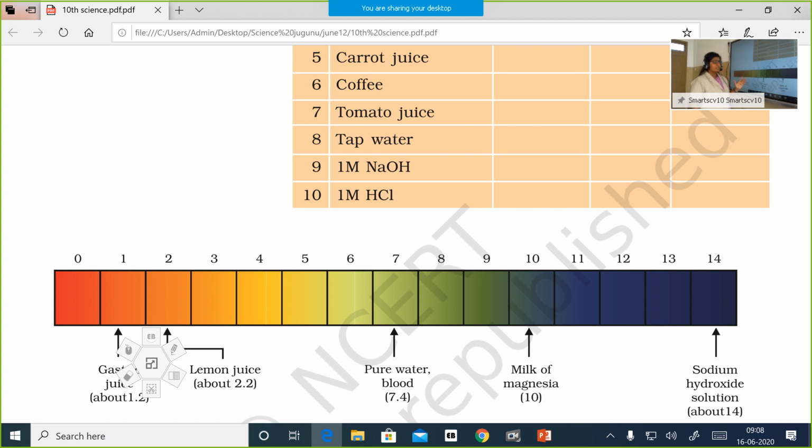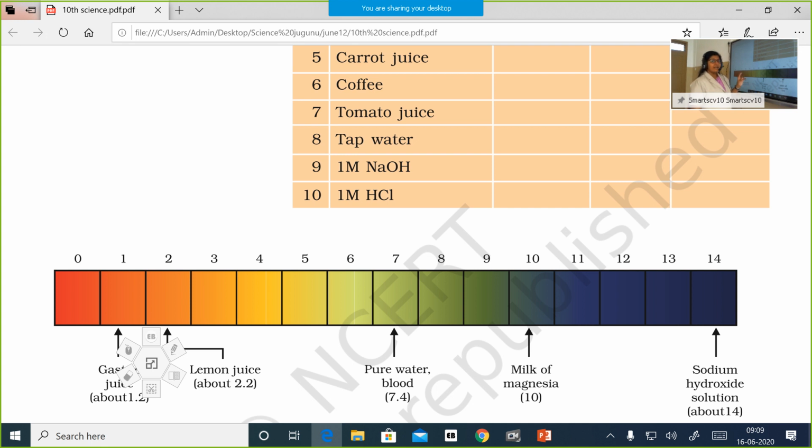If it's a neutral solution, last day we discussed it, a neutral solution has a pH value of 7. The color that you get on the pH paper strip will be green. If we take a mild base, a weak base, a base which does not completely ionize, you will get a shade of blue. Moving to the right end, you can see indigo color. It's a color that we get when we dip pH paper in a solution which has complete ionization, that is a strong base, otherwise a strong alkali.